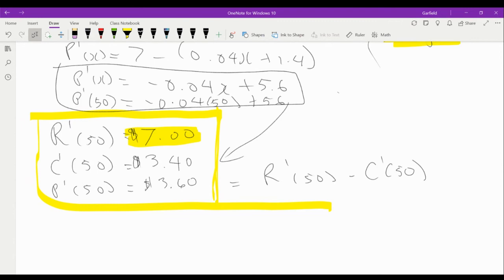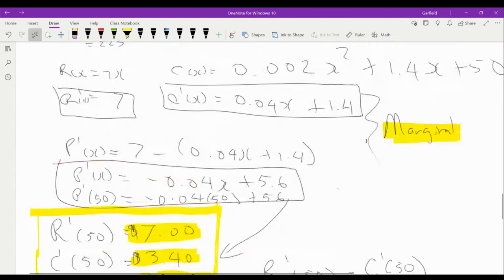It would move to $57. It would move by $7. And here, by producing one more unit, our cost would increase by $3.40. And our profit would increase by $3.60 for one more unit. If you go back to the top,